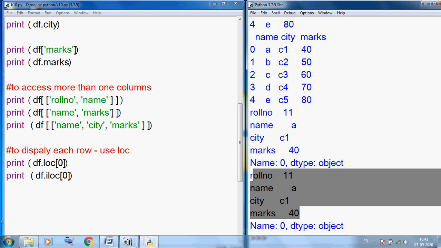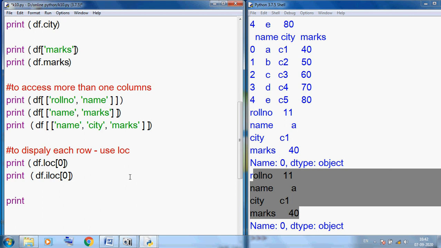In loc we can use label index, we can also use integer index. loc is a flexible concept. We can use label index, as we already discussed previously, or we can also use integer index. But in iloc we only use integer location. We never use label index. ABCD type index we cannot use here. iloc only uses integers. So we can use loc and iloc to display each row separately.